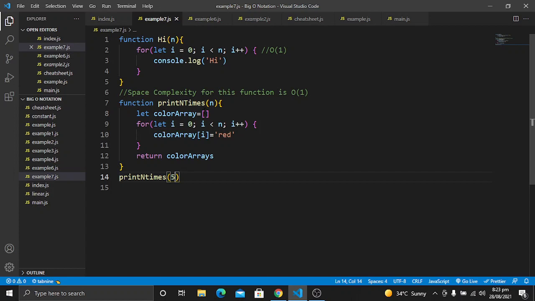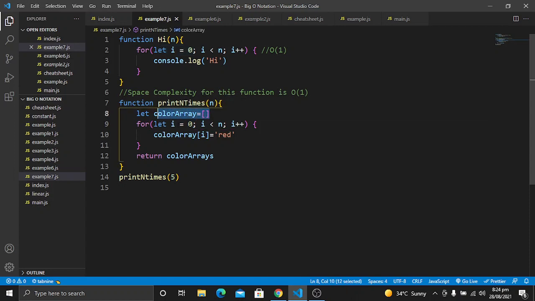So let's calculate the space complexity of this function. As you can see, for every item there is something new stored in the memory in this array. The array is the data structure which causes the space complexity. There is this variable stored in the memory and this array.